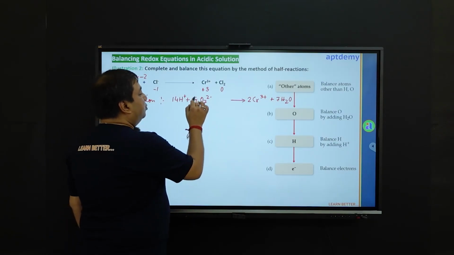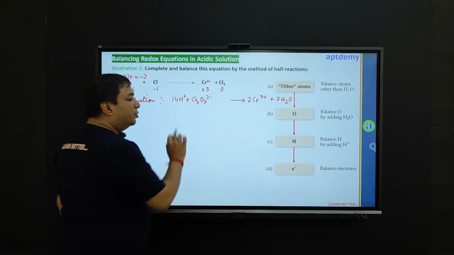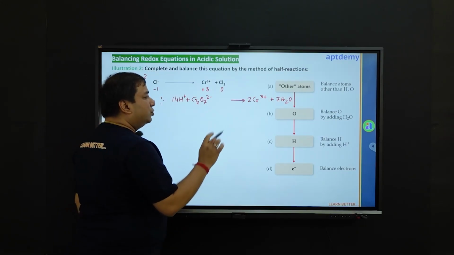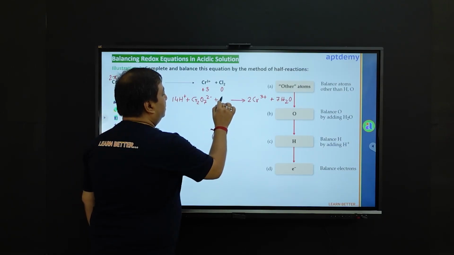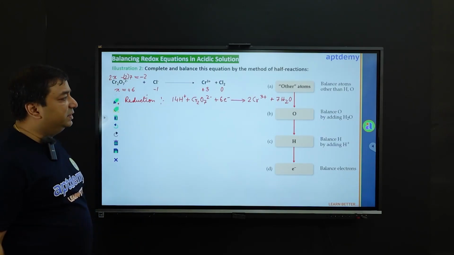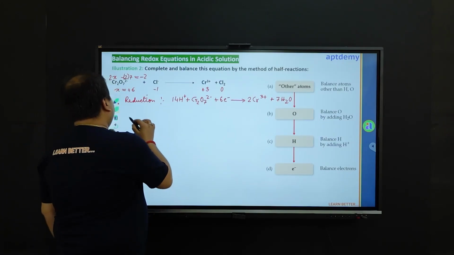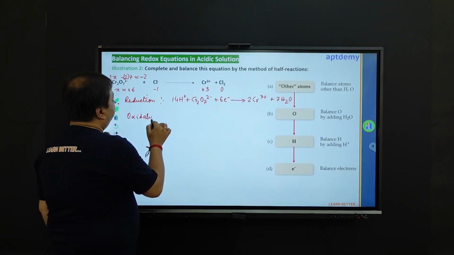So we know that chromium over here is +6 going to +3. There are 2 chromium, so for 2 chromium, the gain of electrons is 6 electrons. So now we add 6 electrons in the left hand side of the equation. So let us now write the oxidation half equation,